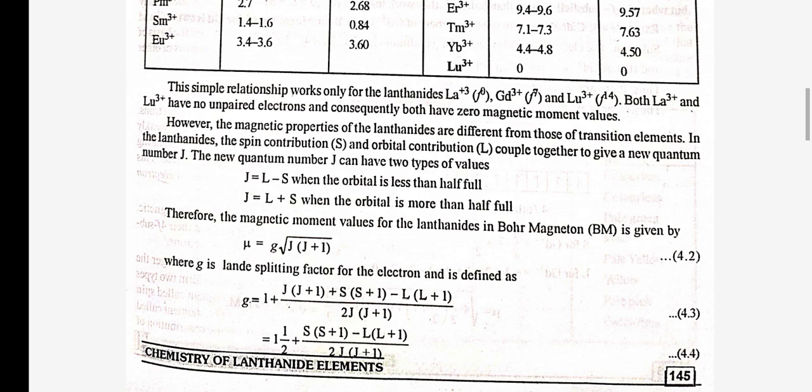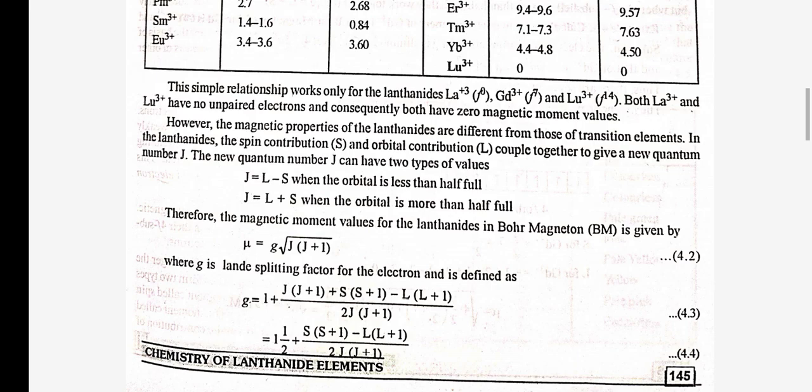Therefore, the magnetic moment values for the lanthanides in Bohr magnetons are given by mu = g√(J(J+1)), where g is the Landé splitting factor for the electron and is defined as g = 1 + [J(J+1) + S(S+1) - L(L+1)] / 2J(J+1),